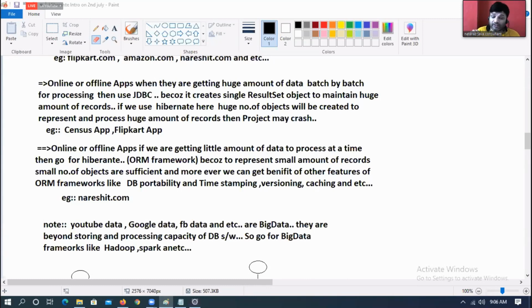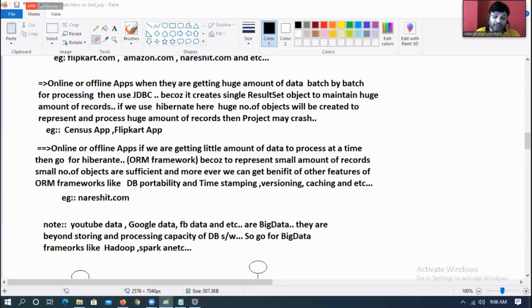So that's why wherever a little amount of data is there, prefer going for a Hibernate kind of ORM framework. Sir, can I use both in one application? Why not? For example, take Flipkart. When a sale is on, a huge number of requests may come.